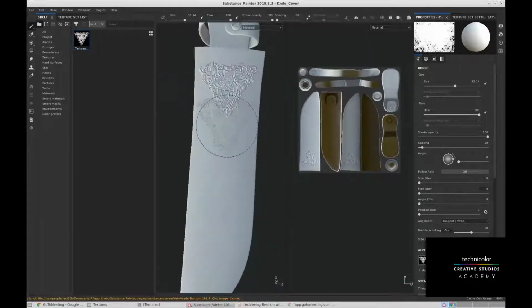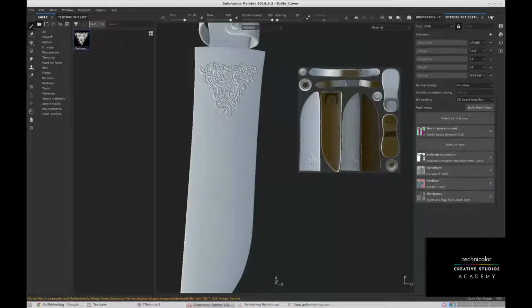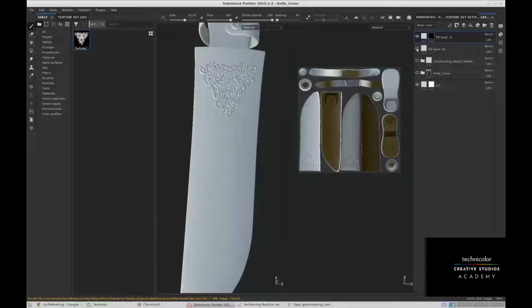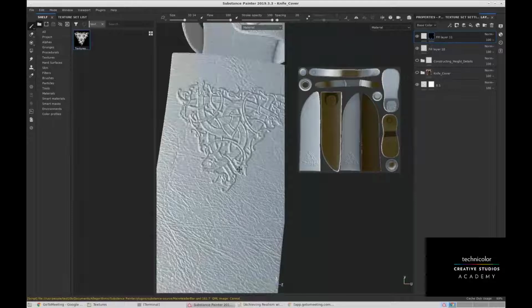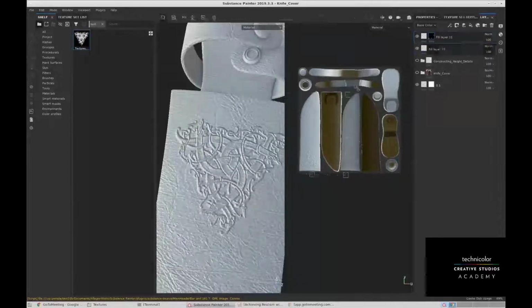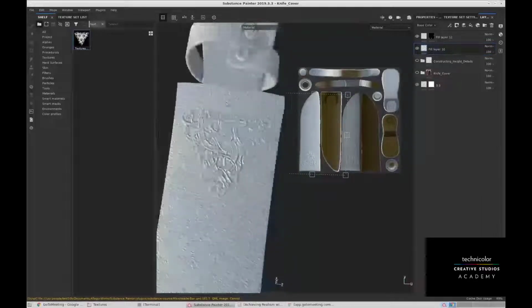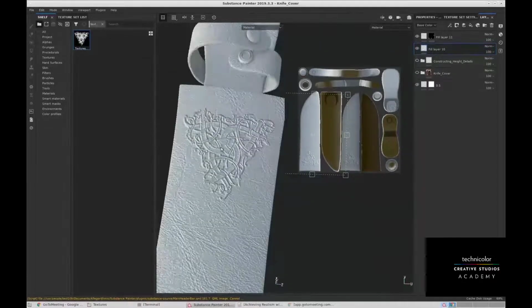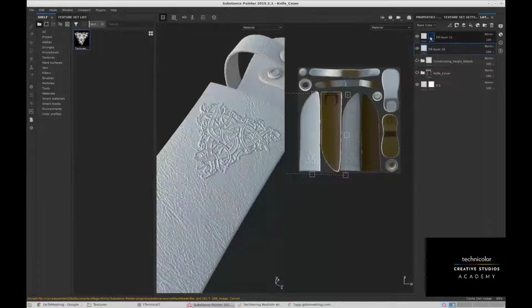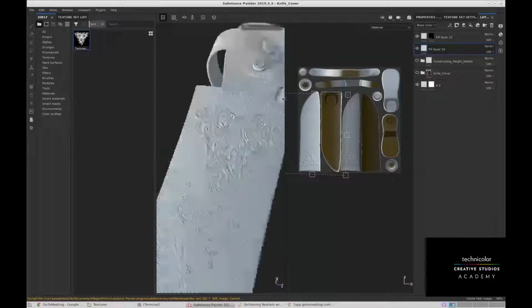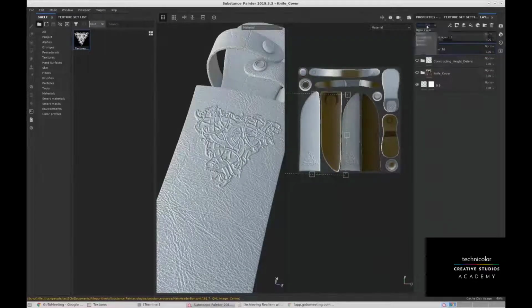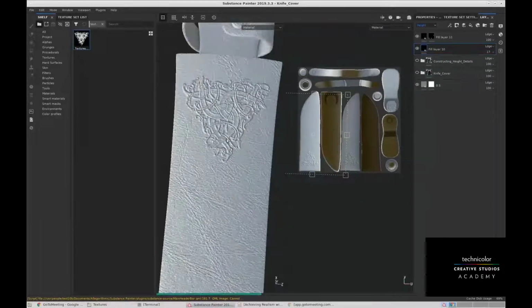Coming to our next point, we'll go to the layer channel. See, those leather textures are also coming on top of this alpha, on the design displacement. So what we can do is, if you go to the height channel,